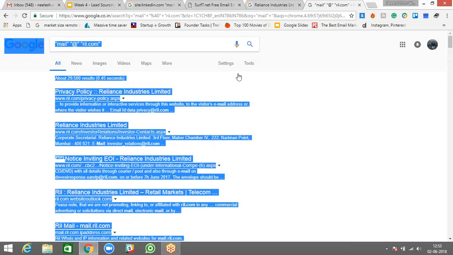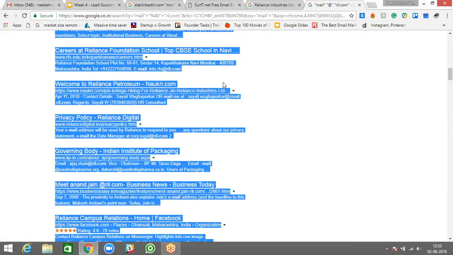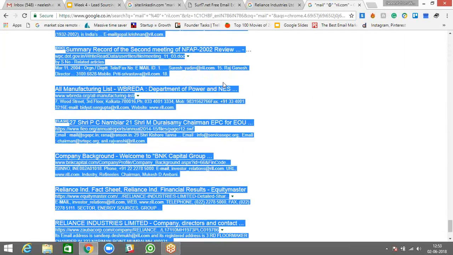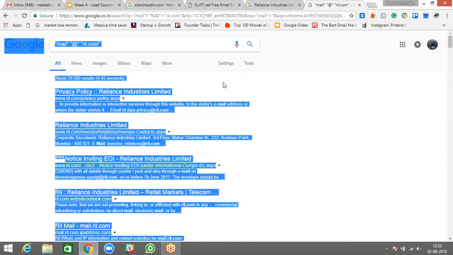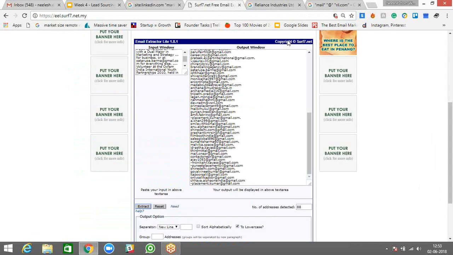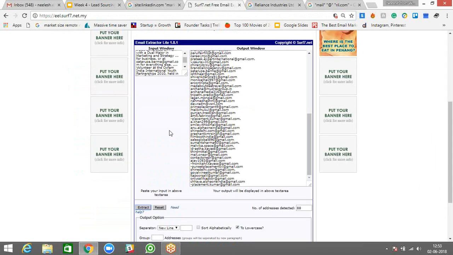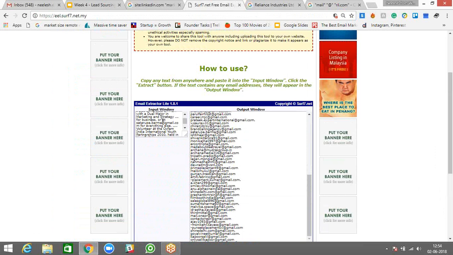Copy it. You go to these settings. In the settings, you increase the page results to 100 instead of 10. Usually Google gives you only 10 results. You can change it to 100 in these settings. Then you go to Surf 7. Surf 7 is a tool in which there is an input window and an output window.